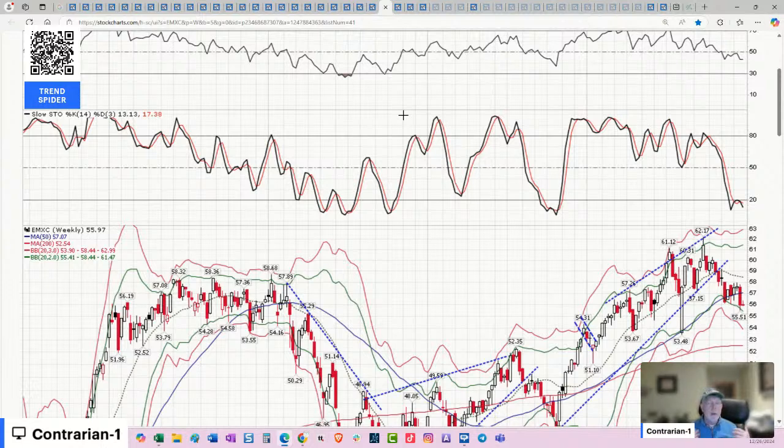So when we do get our correction here, that big shakeout in the market and return to normal valuations, one of the first places I'm looking is emerging markets. I want to buy emerging market stocks because they're cheap and they'll do very, very well. So this is one area where I could see in 2025 bottoming out. They will fall. They're correlated with U.S. stocks. So when our stocks fall, they'll fall as well. But they'll probably be one of the first to recover along with gold stocks and commodities.